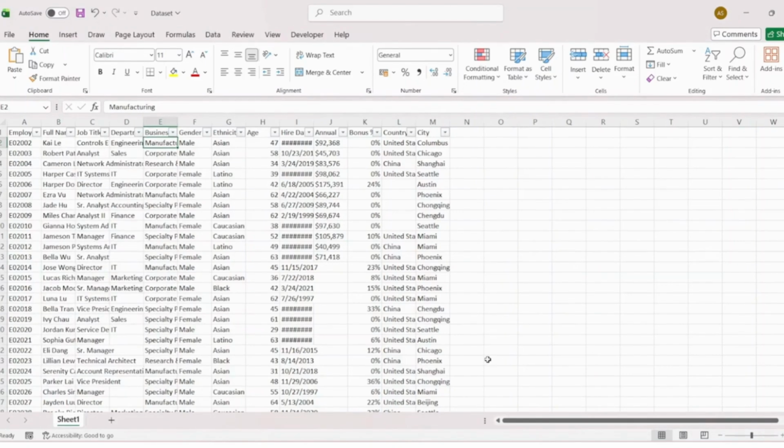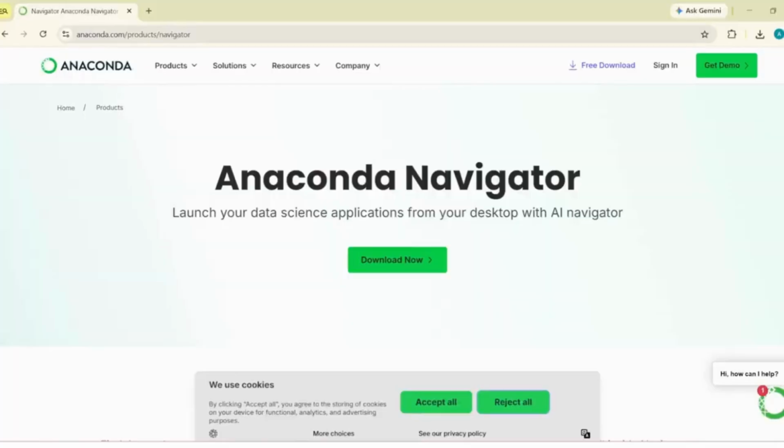We will do this in Python. For coding purposes, we will use Jupyter Lab, and for using Jupyter Lab, please download Anaconda Navigator. In my system, it is already downloaded. So when you have downloaded Anaconda Navigator, you will search